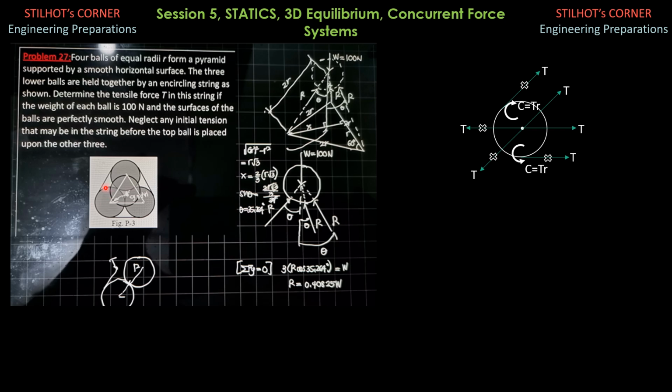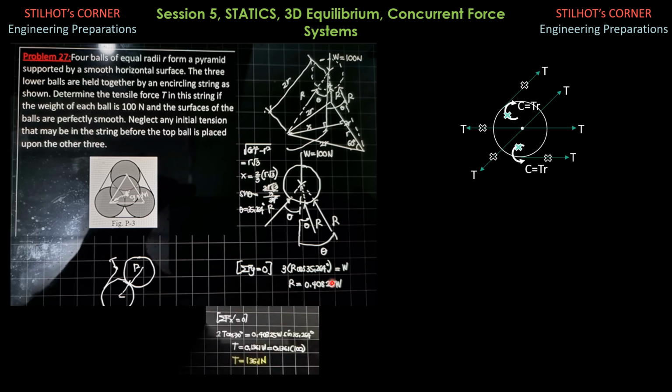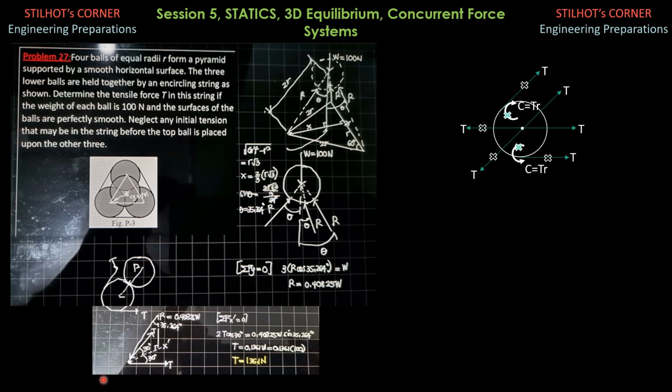60 degrees because that is an equilateral triangle. From here, this tension is parallel to that side of the equilateral triangle. This horizontal tension here is parallel to that side of the equilateral triangle. The angle here is 60 degrees. And we can also remove these couples because they are equal in magnitude but oppositely directed. So that's why we can transmit the tensions to the center of the lower ball. So this is now the free body diagram. This is the center of the lower ball.